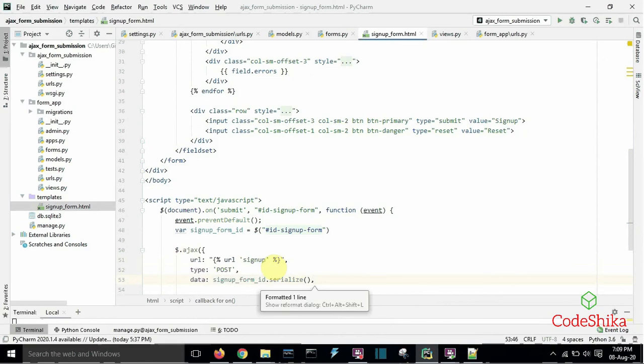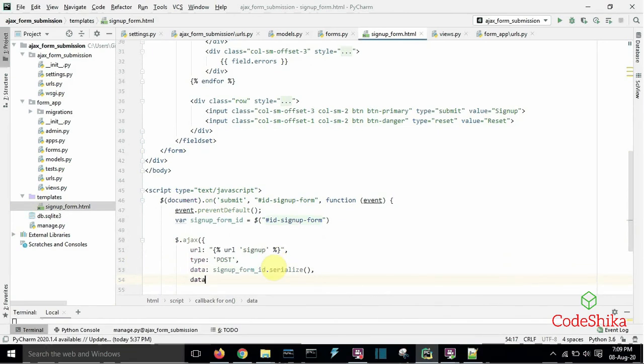This function will encode form fields as a string for submission. Next provide data type. Here we will give the type of data we are expecting from the server, that is JSON.